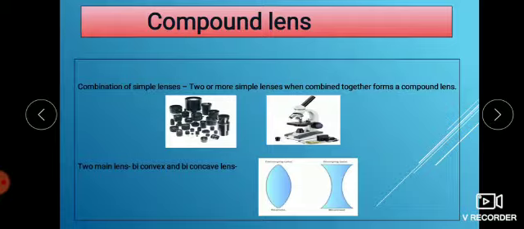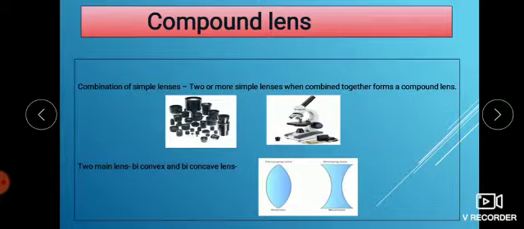We generally use a convex lens and a concave lens, which means biconvex and biconcave. Is that clear? So these are the two lenses which are going to be our target throughout this lesson. Now these two pictures should be very clear to you, as in the case of a concave mirror and convex mirror.